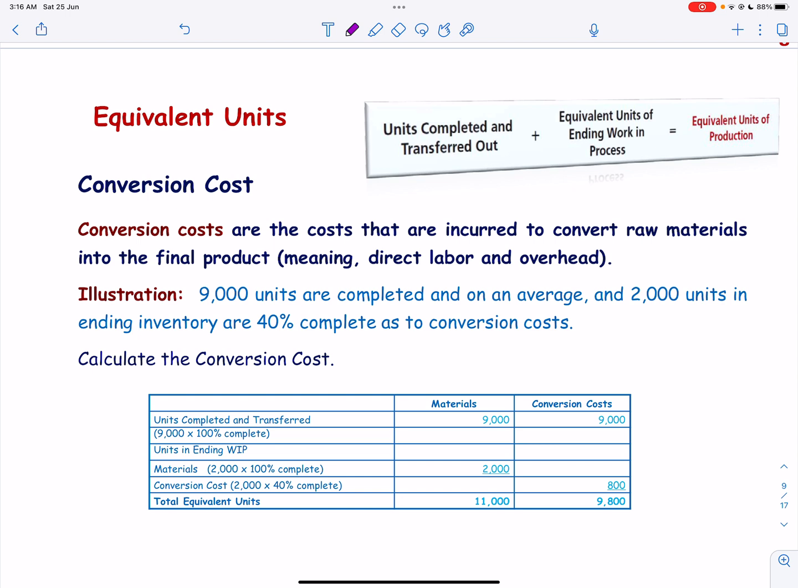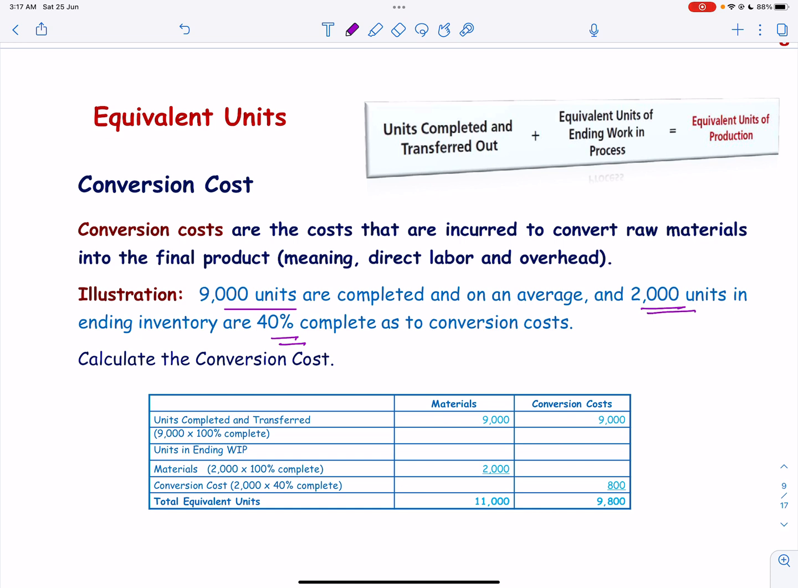It is assumed that units are at the same stage of completion for both labor and overhead. Accountants call the combined labor and overhead cost conversion cost. Conversion costs are those costs incurred to convert raw material into final product, meaning direct labor and overhead. This illustration assumes that 9,000 units are completed and 2,000 units in ending inventory are on average 40% complete as to conversion cost. This means the department